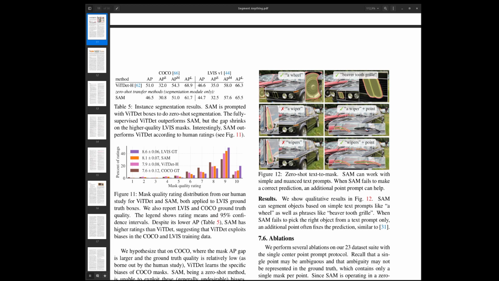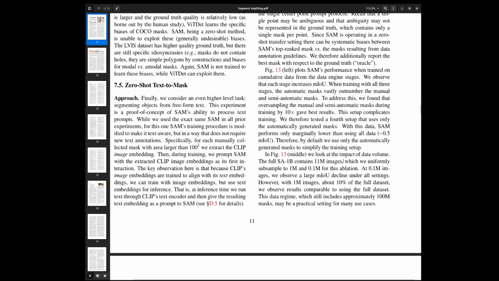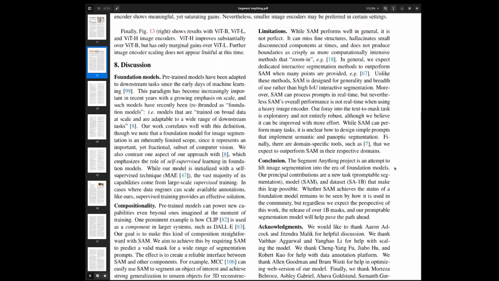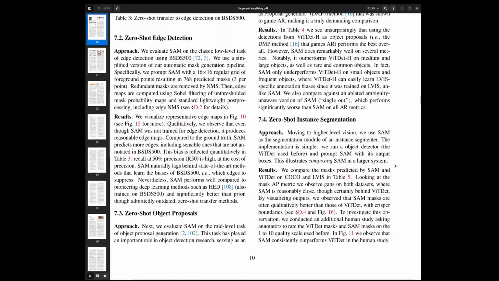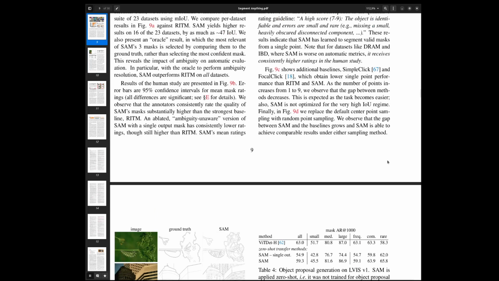The issue is that the tensor you get from the CLIP text embedder or text encoder is not of dimension 256. It depends on the model, but it can be 512, I guess, or 768. So they probably had something in the middle to adjust the shape. But it works really well.